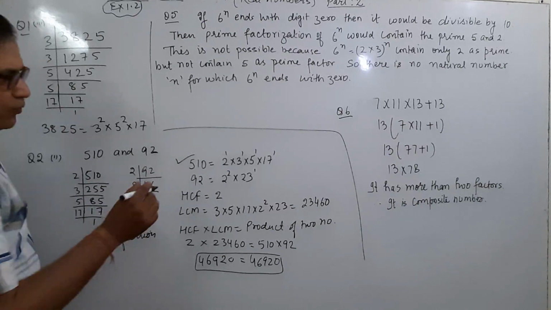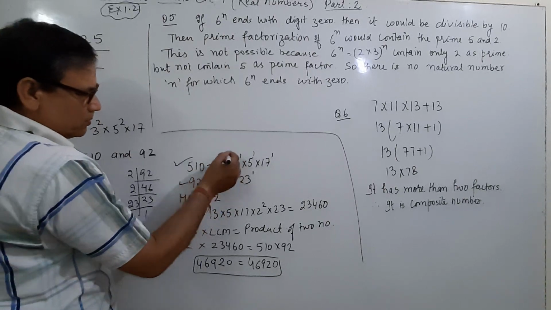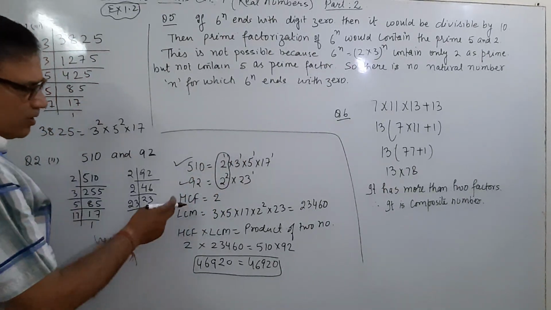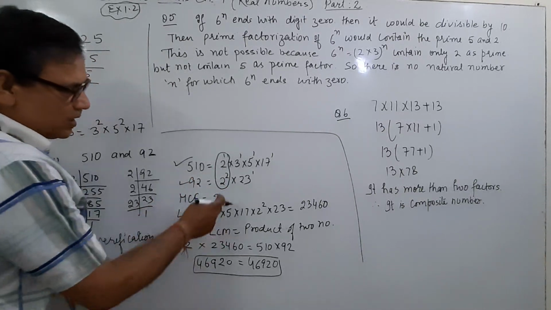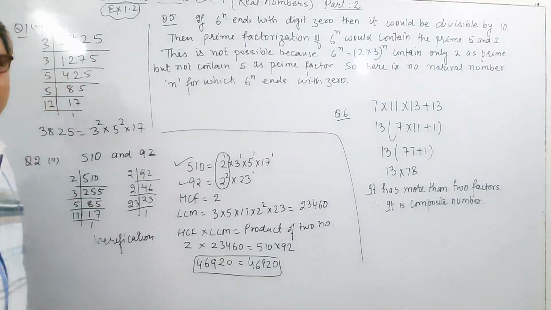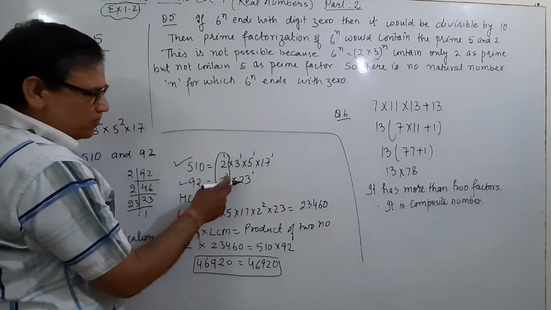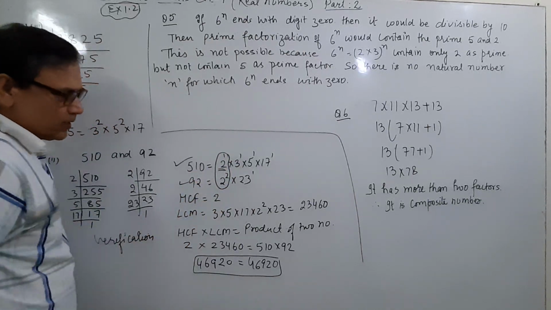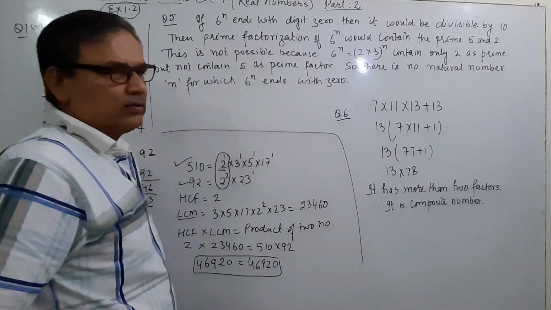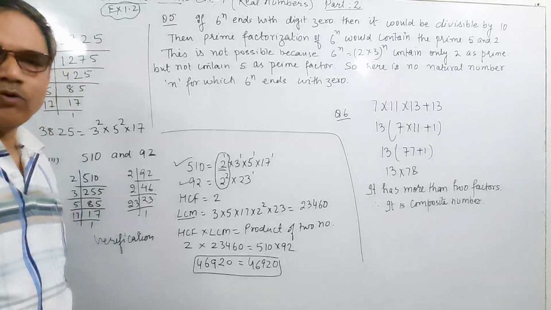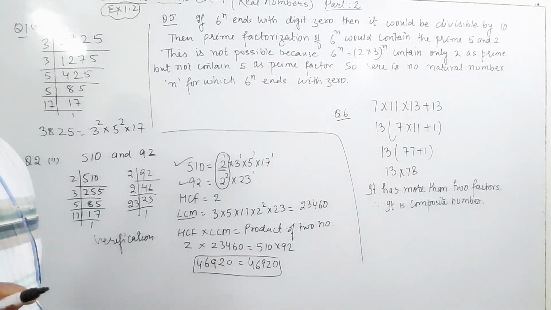To find the HCF, we have to take the common factor. What is the common factor? It is 2. There is no other common factor. For the HCF we have to write the minimum power of the common factor. The minimum power of the common factor is 2 power 1 or 2 power 2, whichever is minimum; this one. It is the HCF. And for the LCM, we have to take the common factor whose power is more and write all the uncommon numbers.